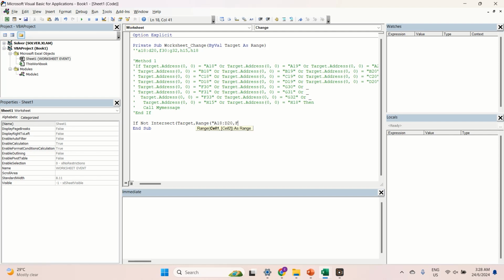I've learned about parsing continuous and non-continuous range previously, right? So, no double inverted comma. F30 to G32, and then H15, H18, and then we're just going to close it, another bracket, 2 brackets, Is Nothing,